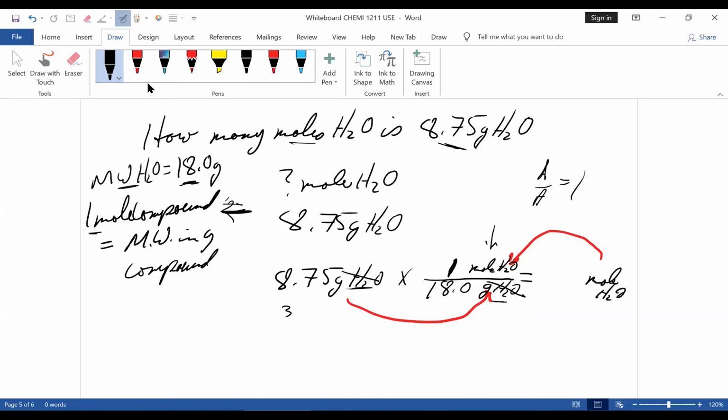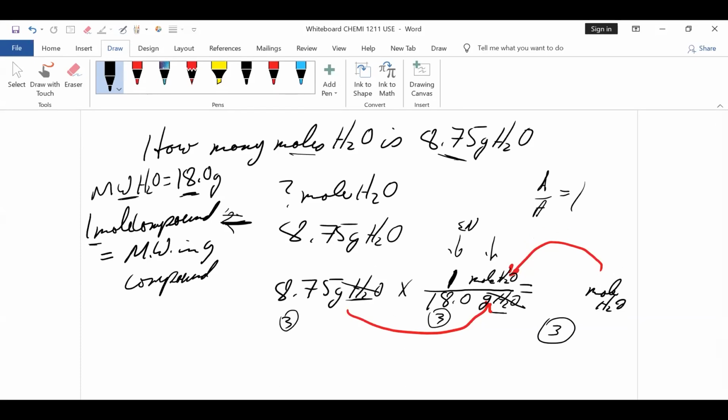Remember, this is 3 significant figures. This is 3 significant figures. This is an exact number, which does not limit the significant figures. So my answer should have, for multiplication and division, the same number of significant figures as the number that has the lowest significant figures. And since I don't want to leave you hanging,